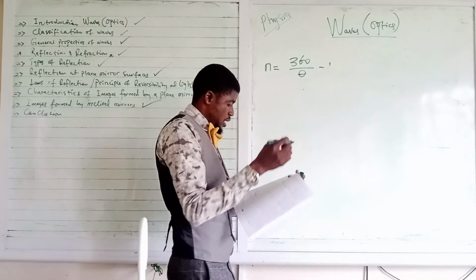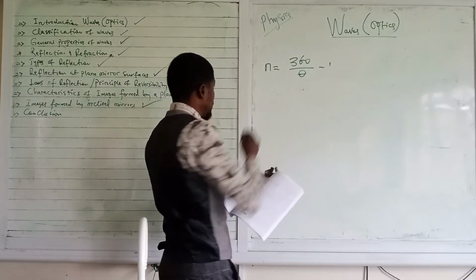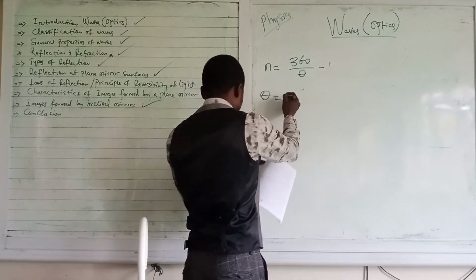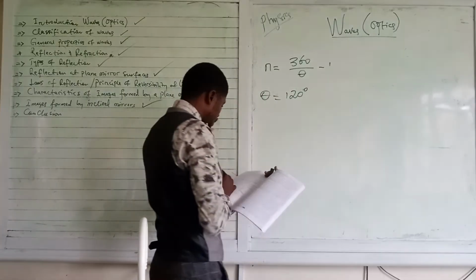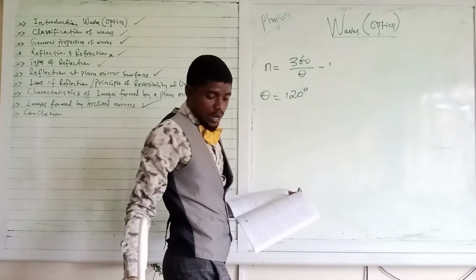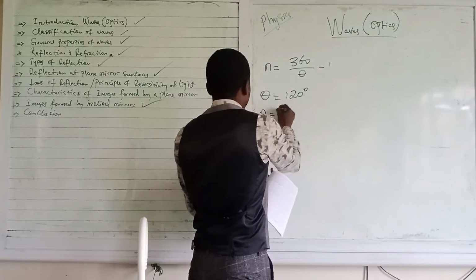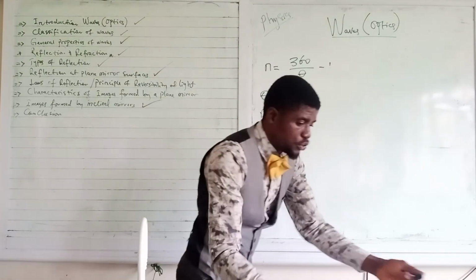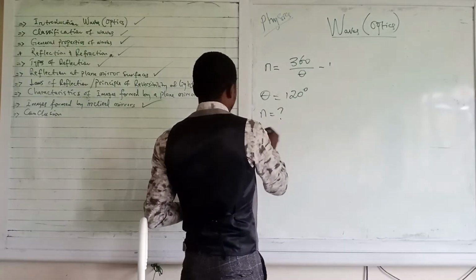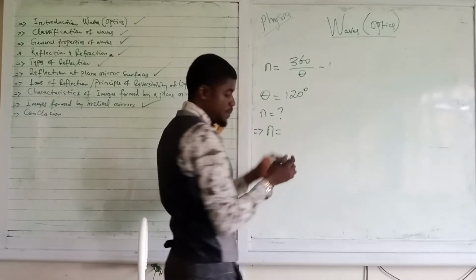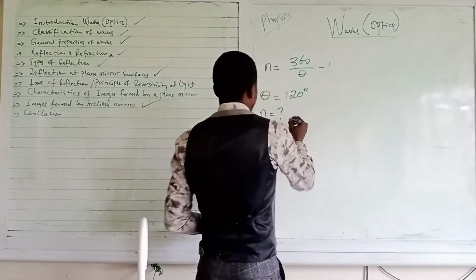Very simple. From this equation, we have our data collection as well. Our theta is given as 120 degrees, and so we are supposed to find n. N is not given. So by plugging this into this equation, we have that our n, the number of images formed when those mirrors are inclined to each other, is given as